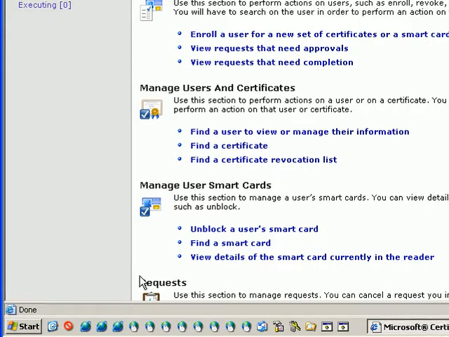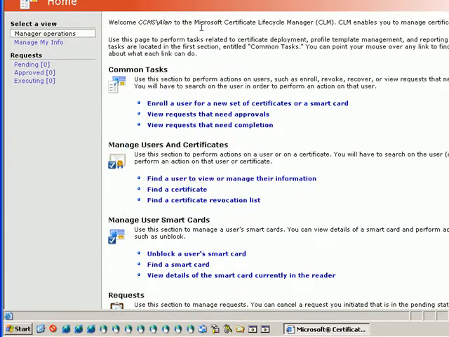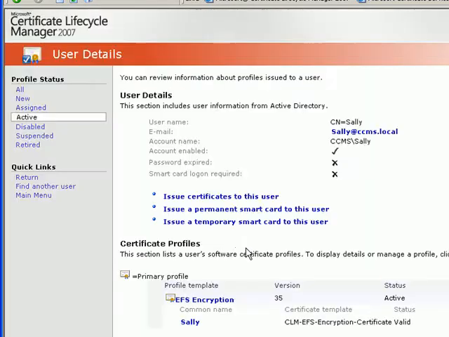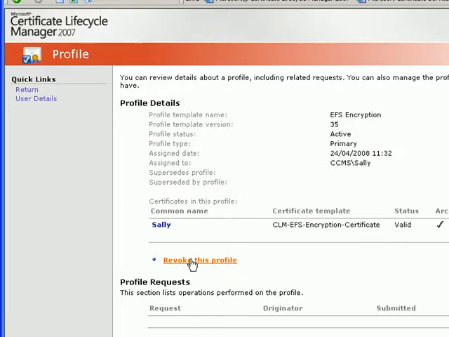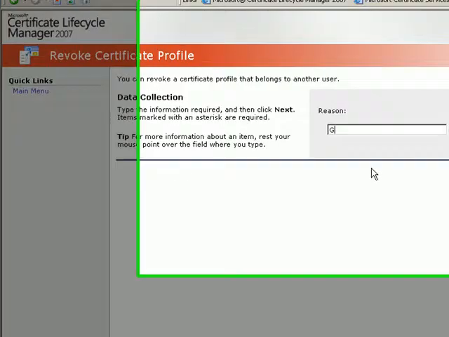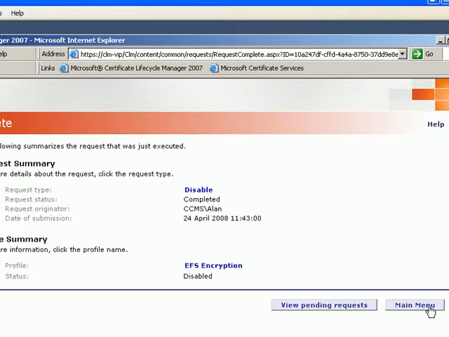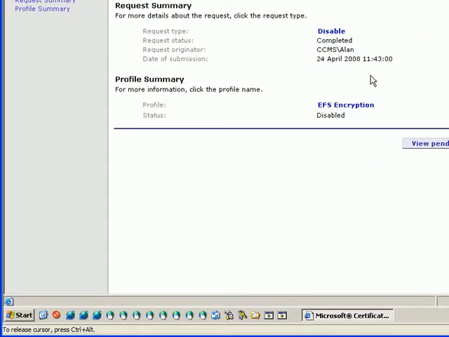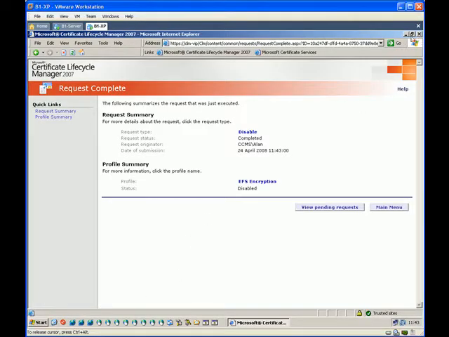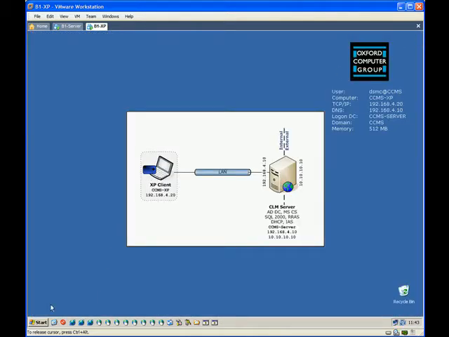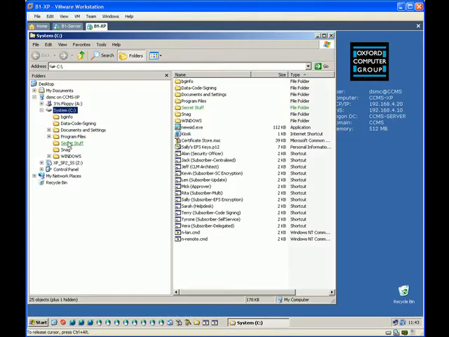So as our security officer, Alan, I'm going to search for Sally, and I'm going to select the EFS certificate that she has, and I'm going to revoke it and provide a reason. Okay, so we've now completed the disablement of that EFS certificate, effectively the revocation, and we're now going to move on to recovery. So let's just close down this browser window,